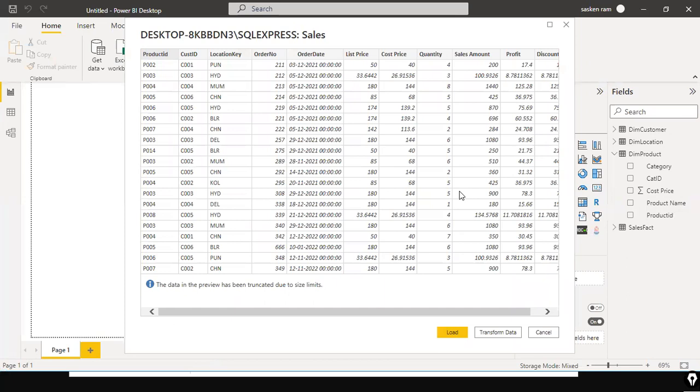It will take some time. Look here. It got called. Using my Power BI Desktop, I have called the stored procedure which got created in my SQL Server. In that stored procedure, what logic did I use? Select all the data that are more than 2nd November 2020 or so. Okay. If I hit load,